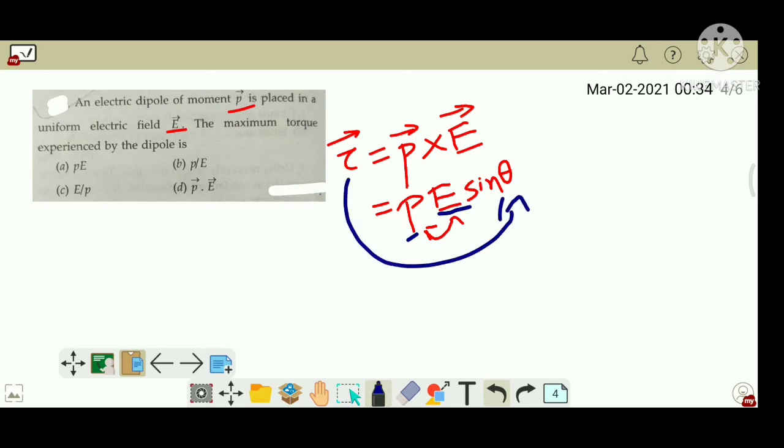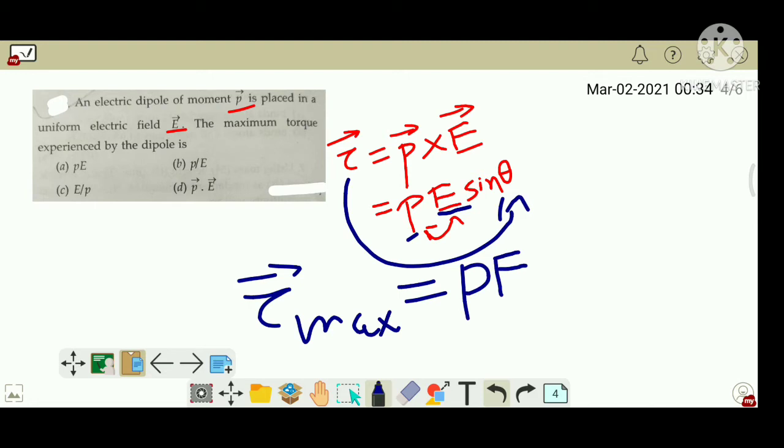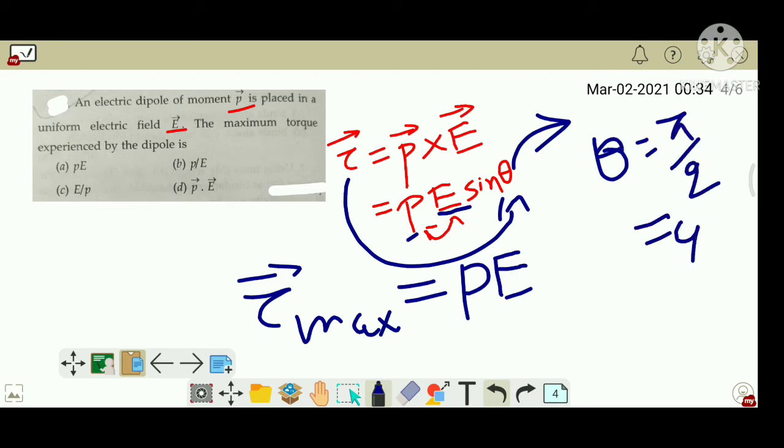So tau max is equal to P into E, and for sine theta to be maximum, theta must be equal to pi by 2, or 90 degrees. Okay, so sine 90 we know is 1, so the answer is P into E. So easily we can take option A. Okay, so moving on to the next question,